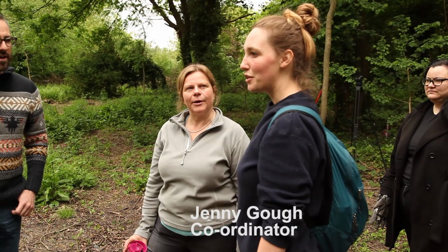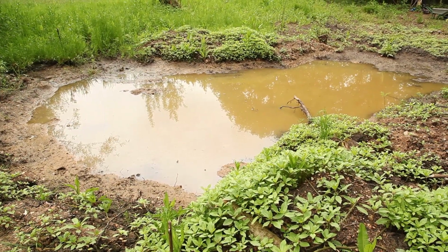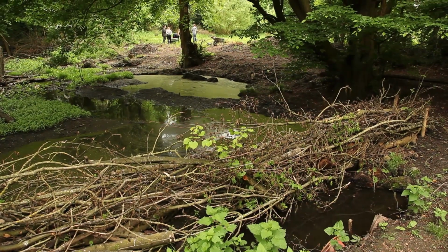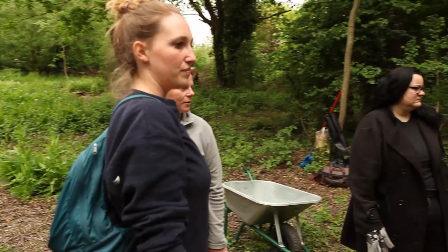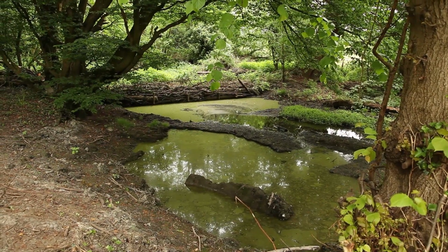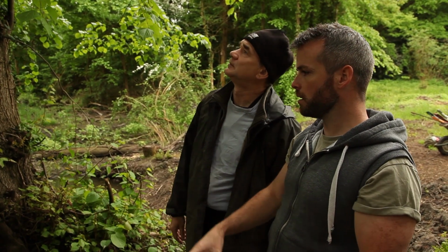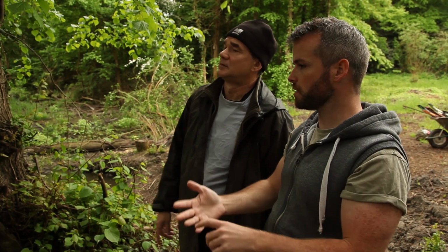They had a digger come in a couple of months ago, scraped all that out, and then they created different levels in the wetland area over here to encourage different types of habitat. Try and get more light in, because light is really what gives life to any freshwater habitat. If we get light into the water, we're going to have more plants growing in the...